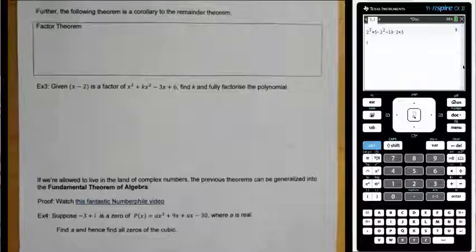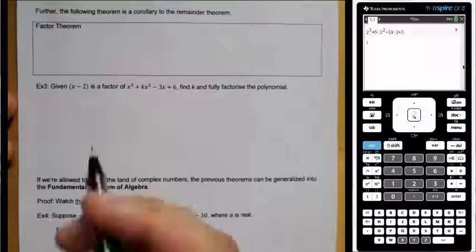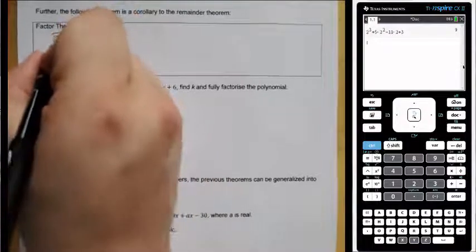The factor theorem is a direct result of the remainder theorem. Recall, a factor is a term that when you divide it into another polynomial, there's no remainder, or the remainder equals zero. So the factor theorem ties zeros of a polynomial, or inputs that make the output zero, with factors directly. And it says that for any polynomial,